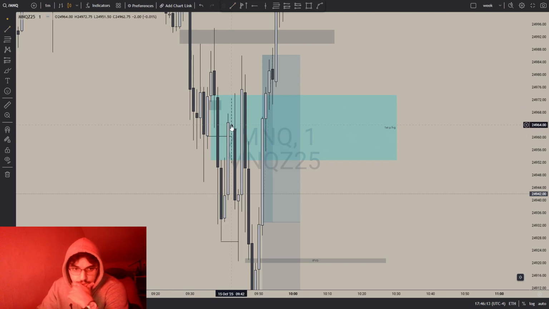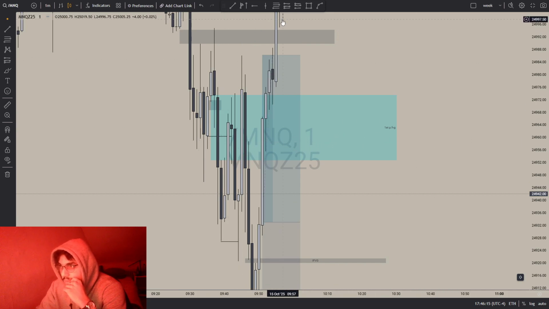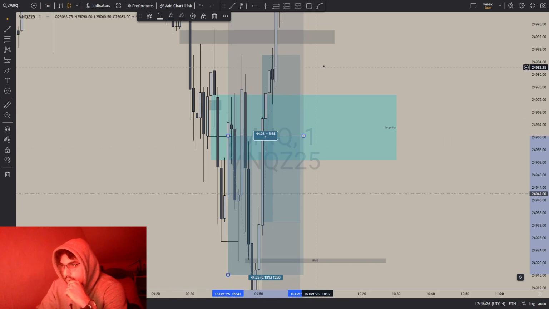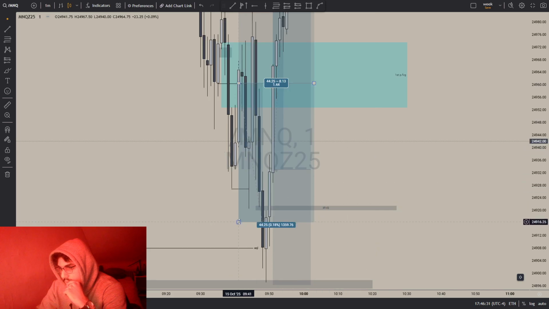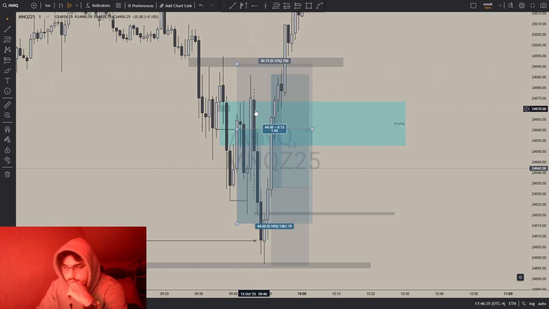And then we created our first presented fair value gap. When we created this change in state of delivery, I waited for price to retrace. I put a sell limit order here. I entered and put my stop right here, and I targeted a 1 to 1.4 risk to reward. I had my break even right here. TP got edged, and then we got out at break even right here, and then price just went straight to